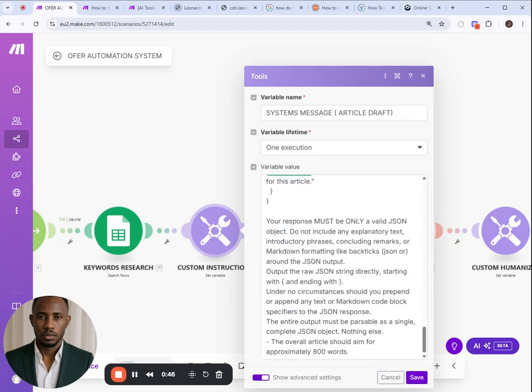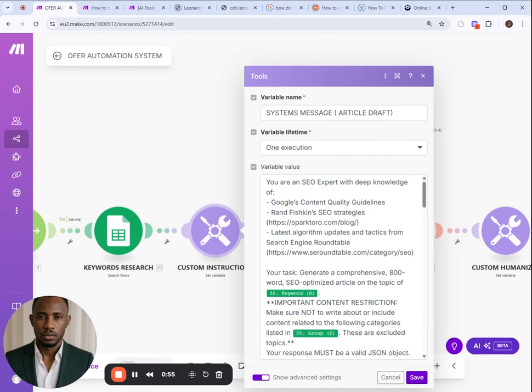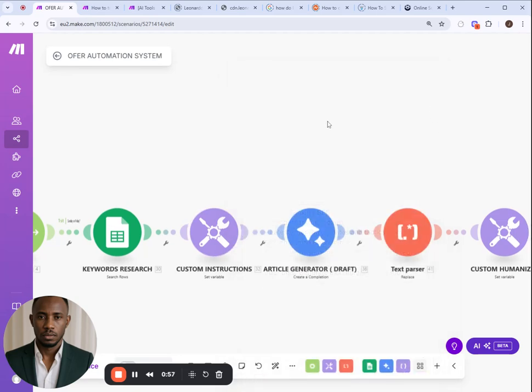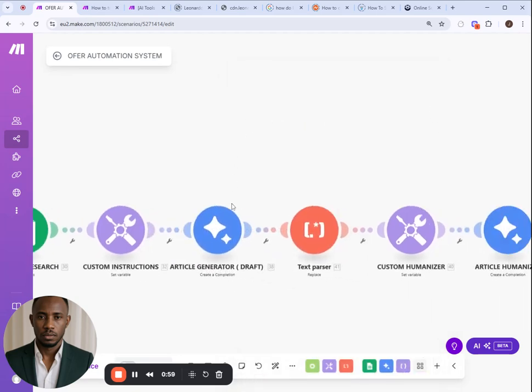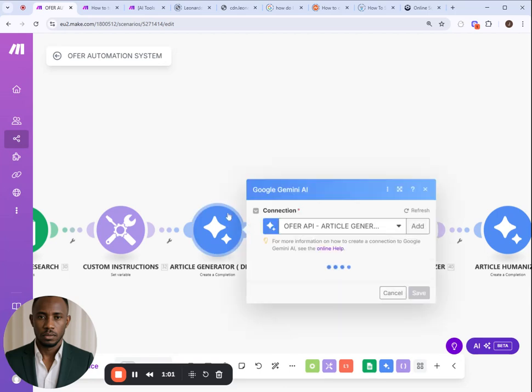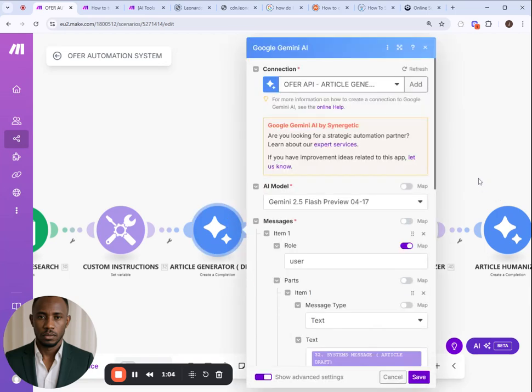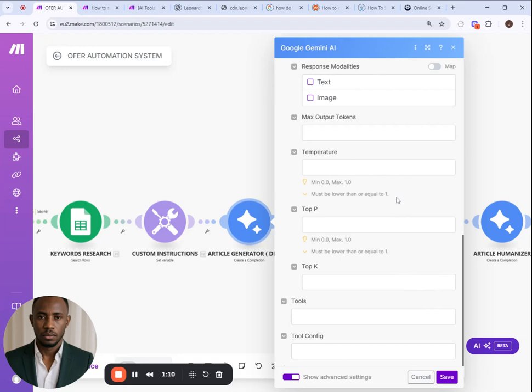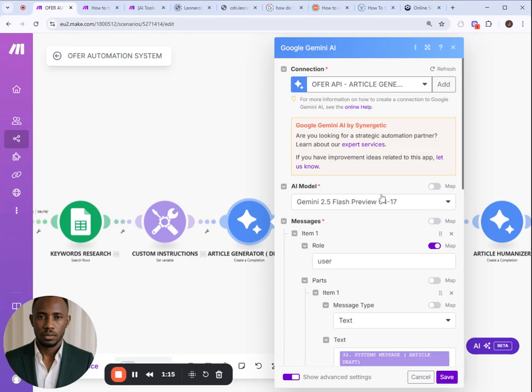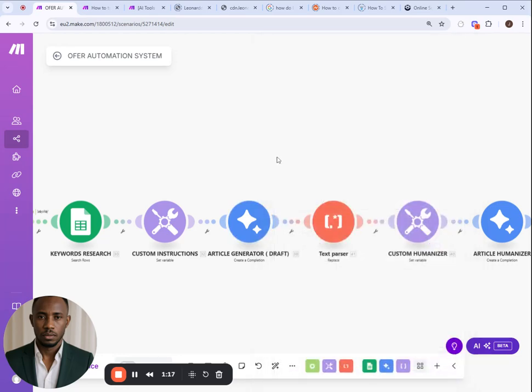the custom instructions, which is in the form of a variable, again setting instructions for how the model is going to create the article. From there, we go to the model itself, which is the Gemini, configured with the custom instruction set variable that has been set before. So basically, the Gemini model is applying those instructions from the custom variable